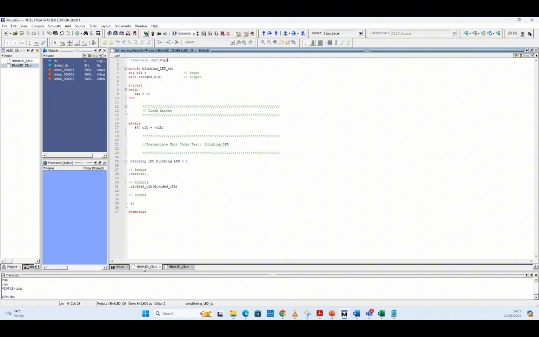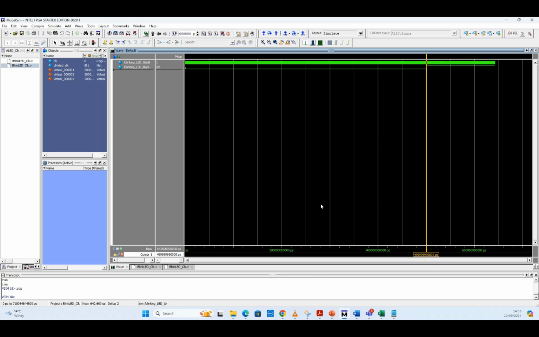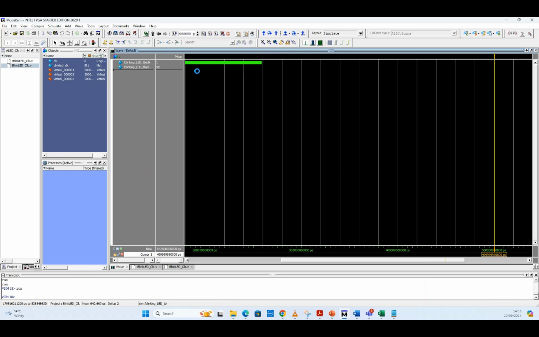Now if we look at the test bench, we are defining the time scale as 1 nanosecond, and every 10 nanoseconds the clock signal will toggle, and when it reaches half a second, it will cause this divided clock signal to toggle. Now if we look at the simulation window, you can see here, if I zoom it,